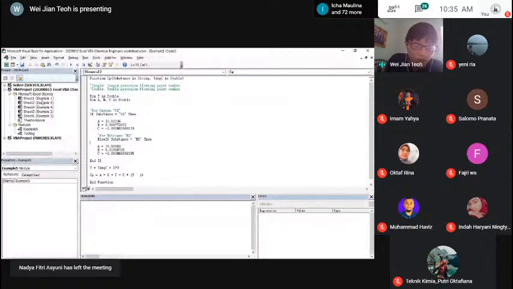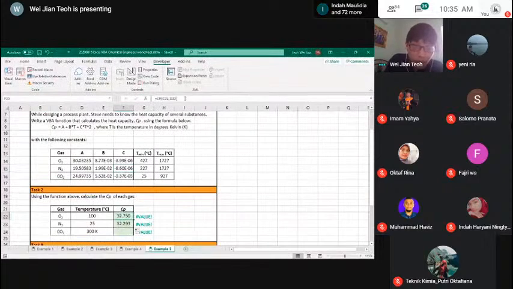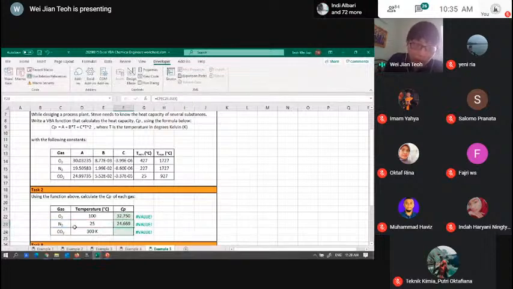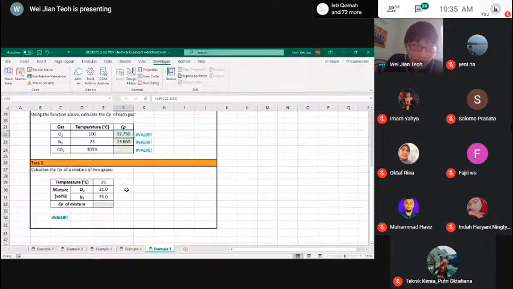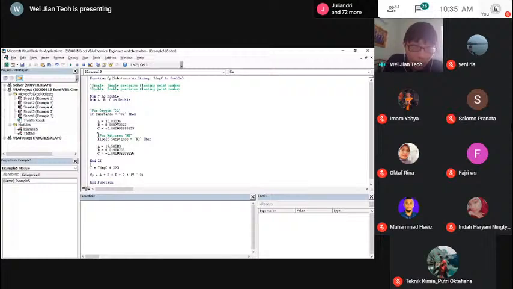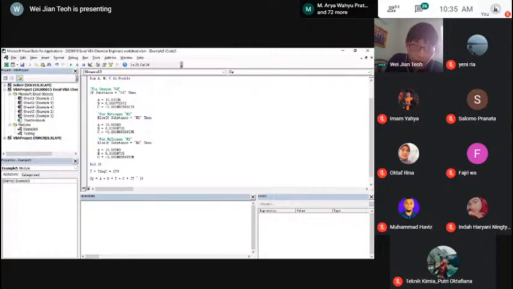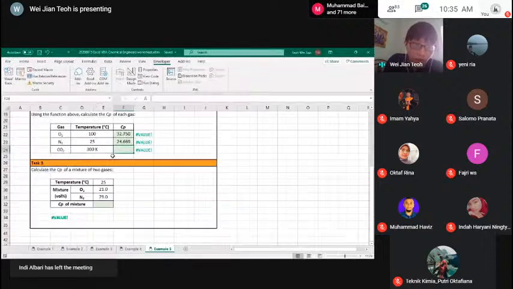Let me just save the project. Okay, so now it works properly. It gives me the heat capacity of nitrogen, heat capacity of oxygen. Probably it's not showing properly, but the last one is for CO2. If I want to add a new CO2, I can just copy this part, and this command for carbon dioxide, CO2. And I'm going to get the constants from the sheet.